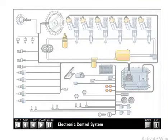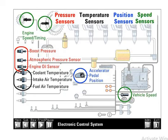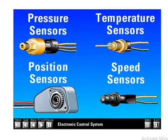In review, 4 basic sensors govern engine operation: pressure, temperature, position, and speed sensors. The electronic system